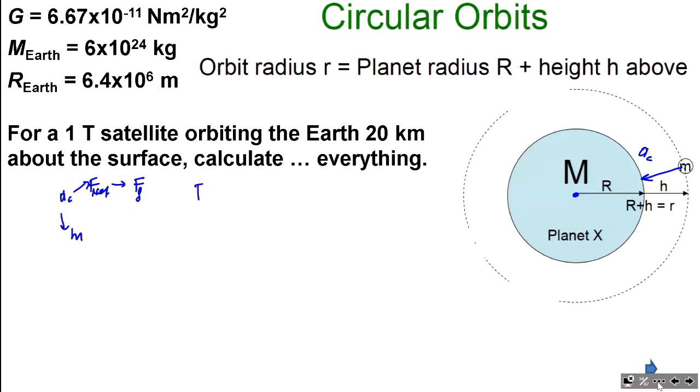So the law says, well, two Newton's laws together, second and people call it fourth, say that the product of the constant, 2 masses over distance squared should be equal to mass times acceleration. Not a new equation. We used it